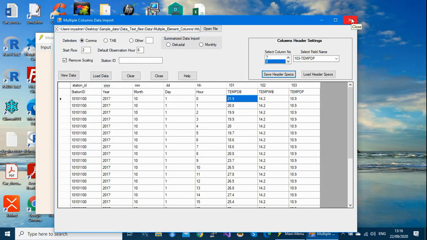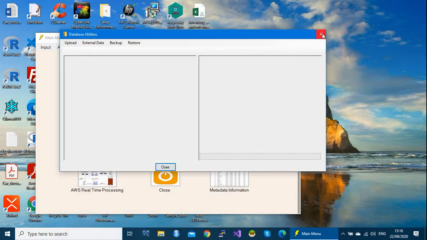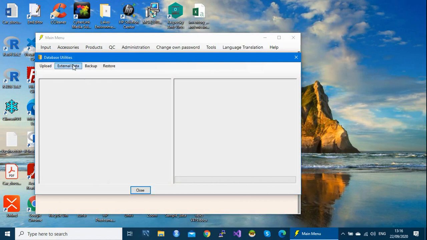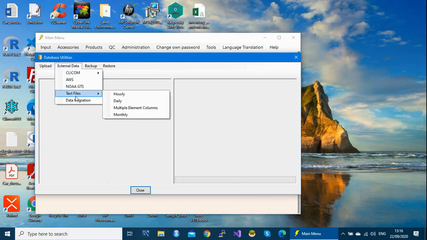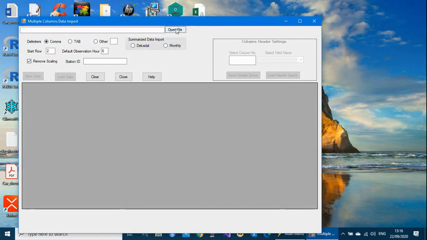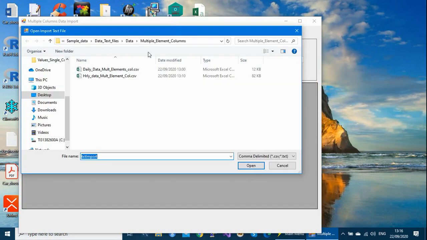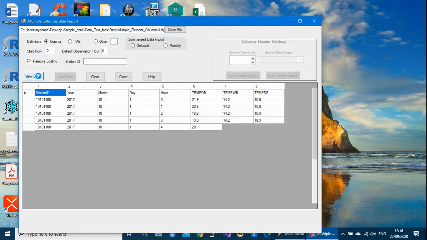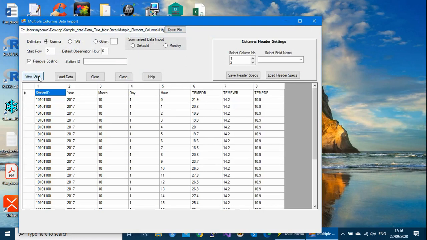So to demonstrate this one, if I close this and start afresh: data transfer, external data, text file, multiple element, select the file, hourly data, view, the rest are okay.